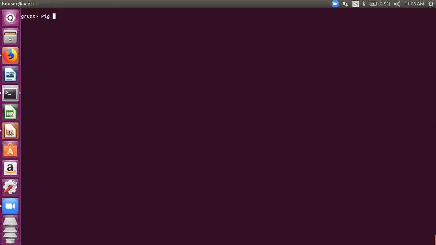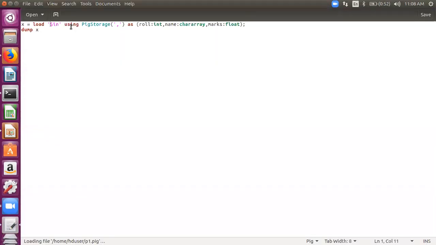So let's first create a file which will hold these commands, a script file. I'm creating a new file for you. Okay, it's already there. So let me write here whatever you have done today: load this using PigStorage as this schema.